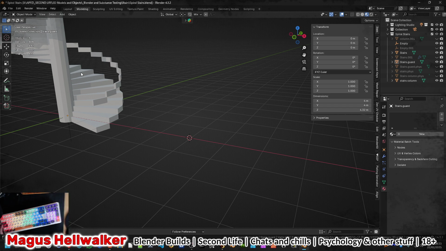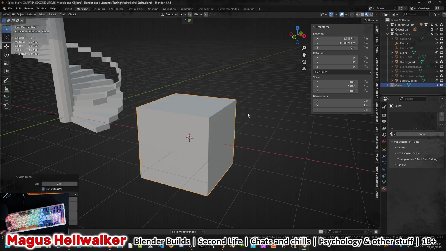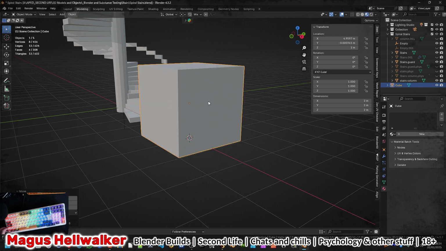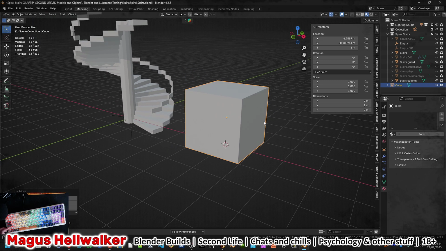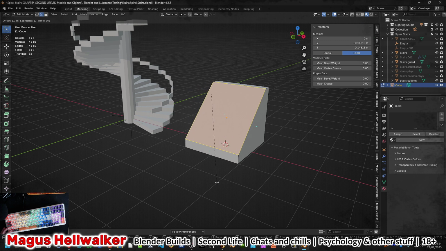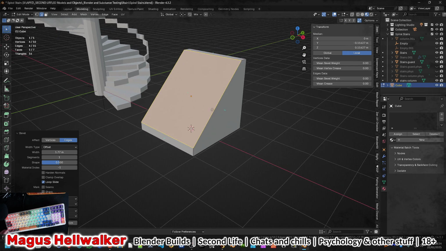Let me just adjust this camera, one minute. Okay, right. So let's say we have normal stairs, right? So normal stairs, you would add a cube. I'm just going to add it, I'm not going to do anything else. So what you can do is bevel an edge. Okay, so you would bevel an edge like this, and then it's very easy to create stairs now